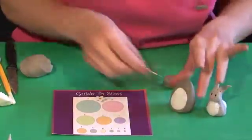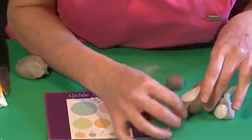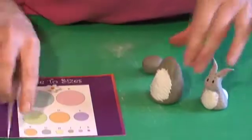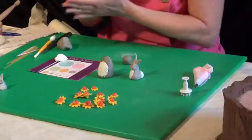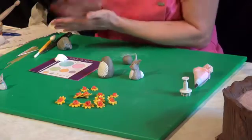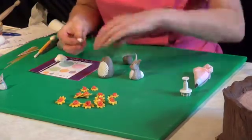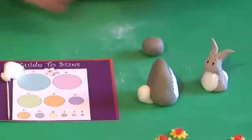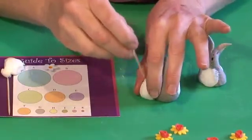the edges. Then using a cocktail stick, scratch, and that will make it look furry. Lovely. Now your bunny rabbit needs a tail, and the tail's going to be an E. So you want to shape it into a teardrop shape like that. Turn your bunny rabbit round, pop the point of the teardrop underneath his bottom, and then scratch it so it looks all fluffy